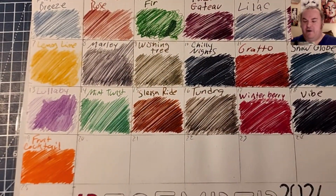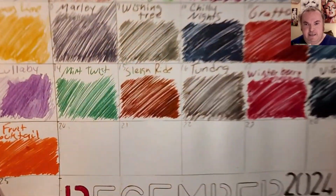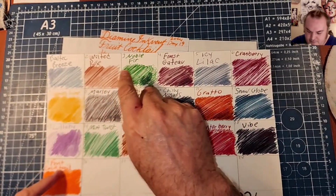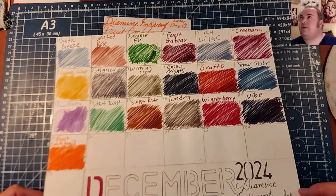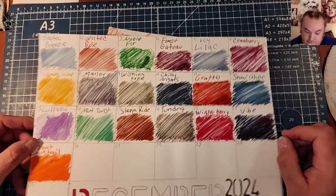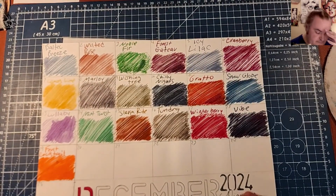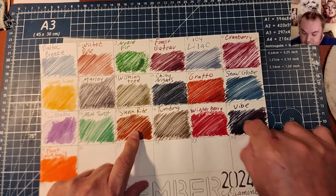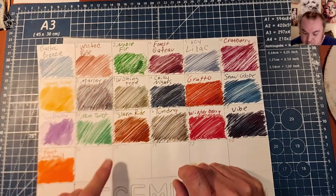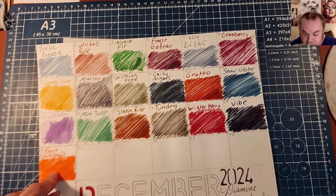Alright, so here's our calendar so far. Day 19. There it is. Okay, 1, 2, 3, 4, 5, 6. Oops. I made the calendar wonky, I'm sorry. So, a couple of reddish ones, a couple of pinkle purplish ones, like brownish ones, bluish ones, purple one, yellow, green, blue, purple, brown, dark blue, orange. Alright, so